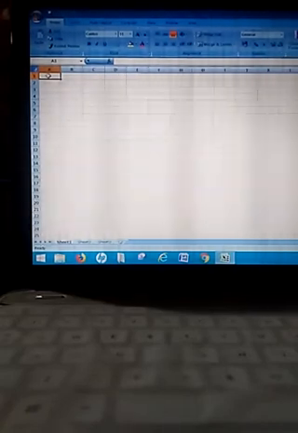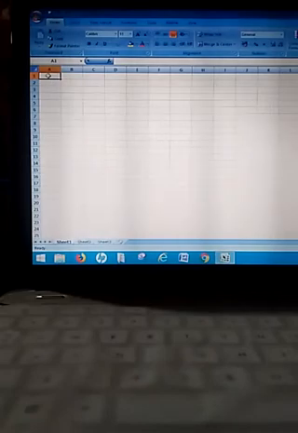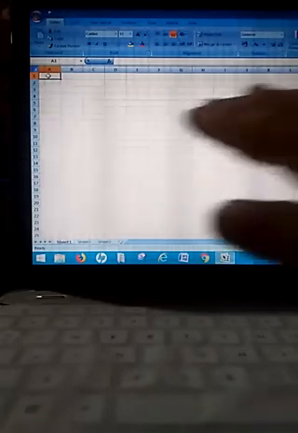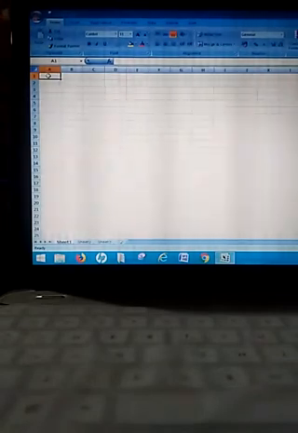So Excel is a spreadsheet program that allows you to store, organize, and analyze information. First, you can organize the numerical data, and you can analyze the information. Analyze means you can easily do the analysis on the information that you have written on the sheet.